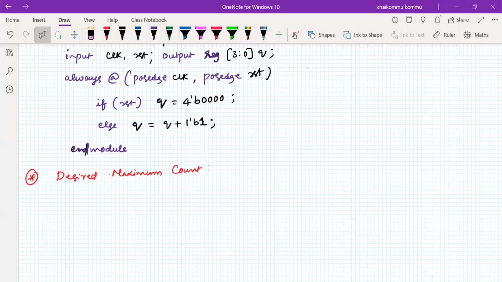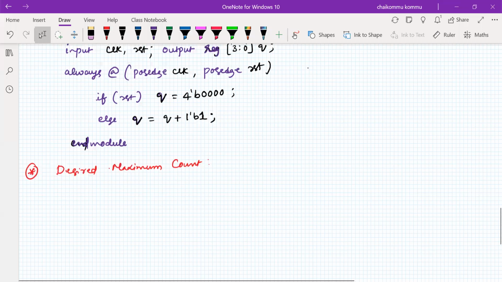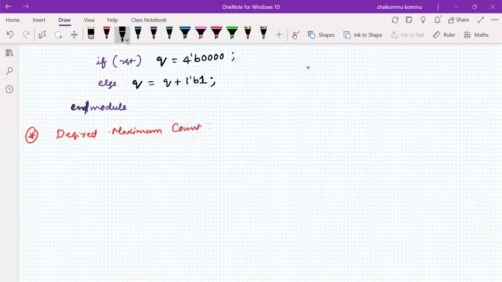So what I can do is, for example, I have a clock signal, I have a reset signal, I have a Q signal of 4-bit size. Now I can give something to this one that is called N of a 4-bit size. So this N value will decide the maximum count. For example, N can be 16, or we can stop at 2 counts, 3 counts, or at 8 counts, 13 counts, 14th count also we can stop, or 15th count also we can stop.